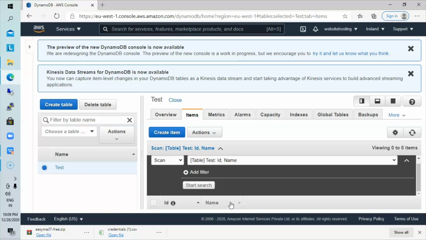So how can we add or insert values in this table? That can be done in many ways. You can enter them manually. You can use the help of the CLI to enter a large chunk of data directly and upload it onto the DynamoDB table, and you can also use the APIs in order to insert the data inside the table. So what you will do is, we will click on create item,